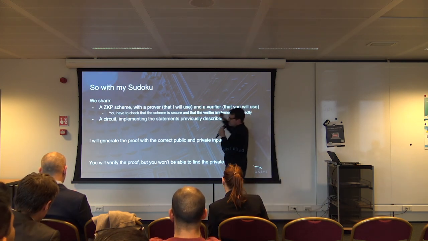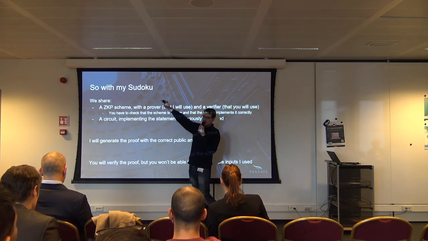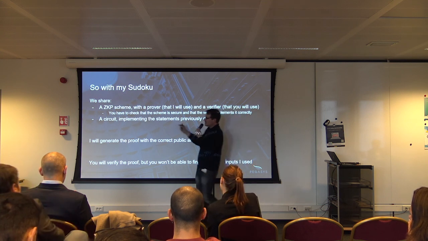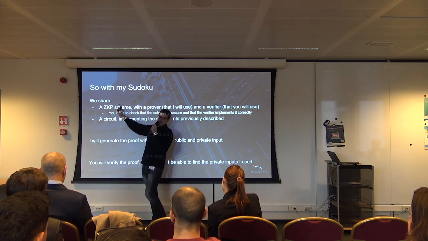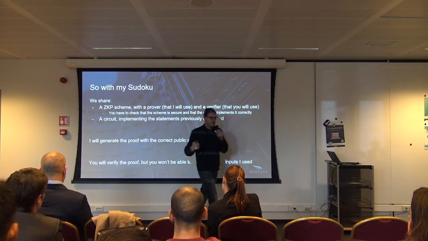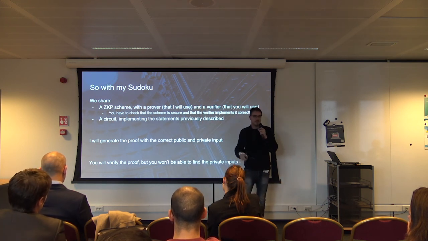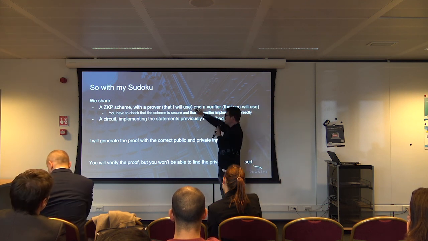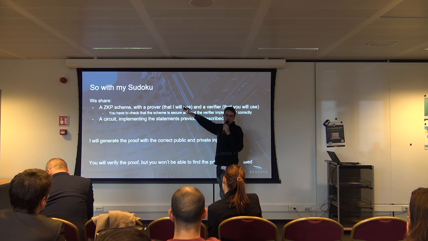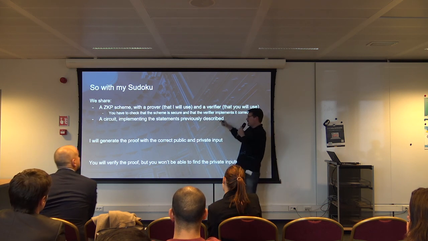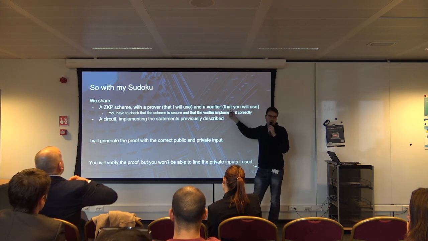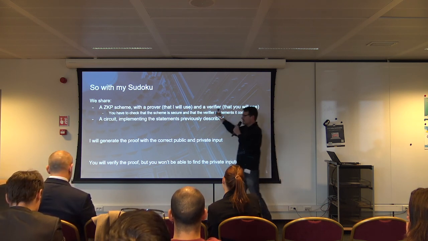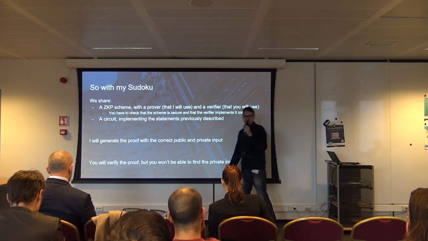And when we do something like this, it means that you're going, in a way, to trust a little bit the ZKP scheme, which is basically these mathematical constructions described in a paper, peer verified and so on. There's a prover, so it's my problem. I will use a prover to generate the proof. There's a verifier, which is a piece of software, so we'll have to believe that this piece of software is a good implementation of the ZKP scheme.